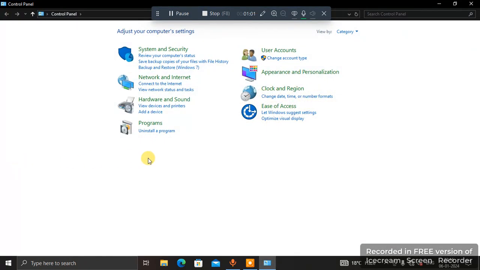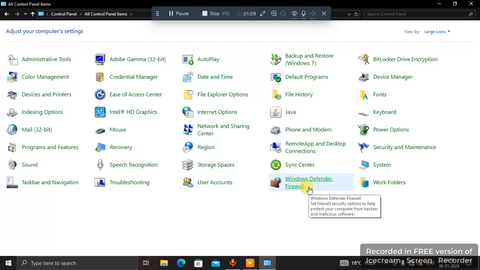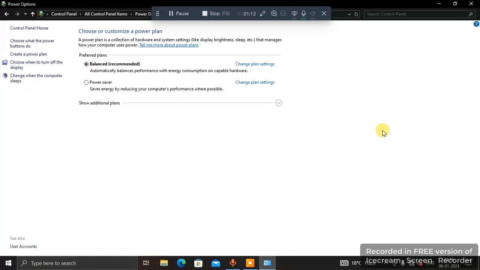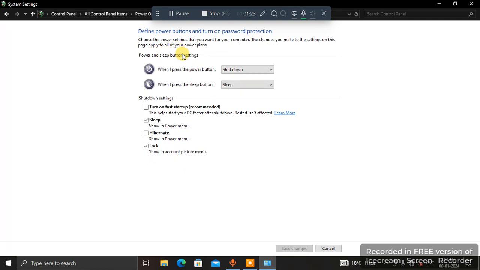After going to the control panel, you have to go to hardware and sound, and you can also make it large icons, and you have to find the power option. You can see the power option over here. I'm clicking on this power option, and after that you have to click on choose what the power buttons do, and after that take the option change settings that are currently unavailable, and you have to turn this particular option on, which is by default